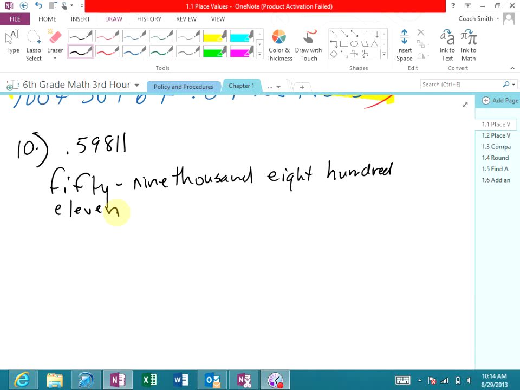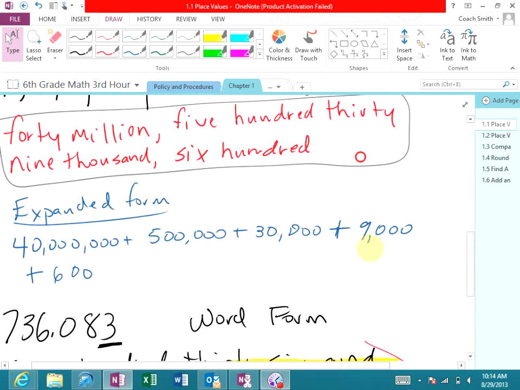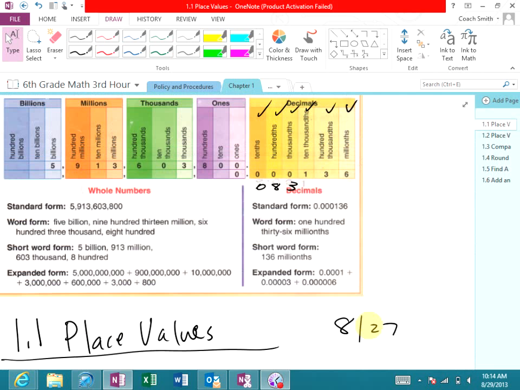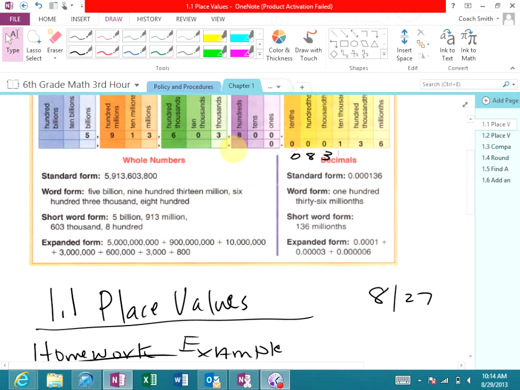Okay? The second step is this. I must identify that place value. What this last one is, I must identify that place value. So, if you're looking at your table, let me go back up to the table. And that's the good thing about this program. I can write on the book and not cost us anything. Okay? So if I write on this,